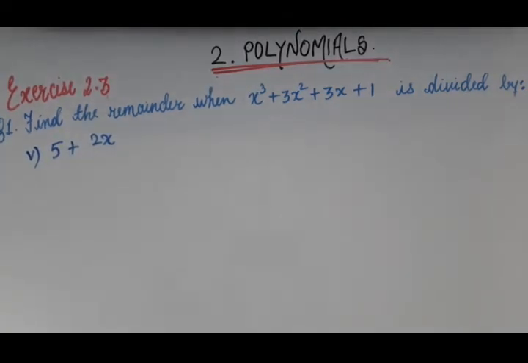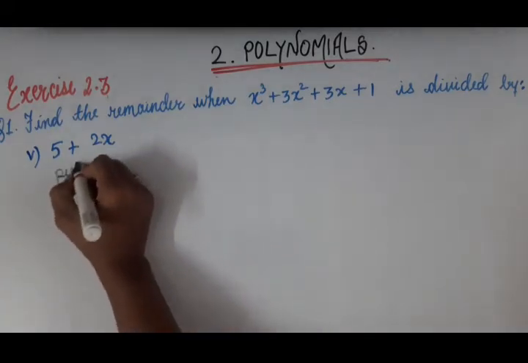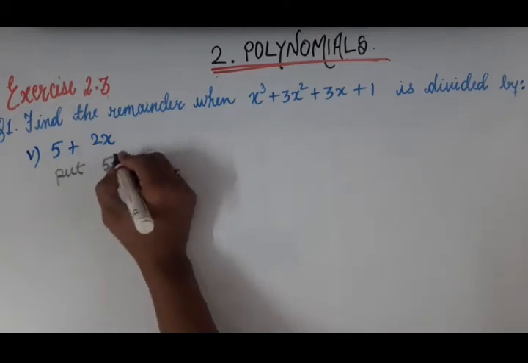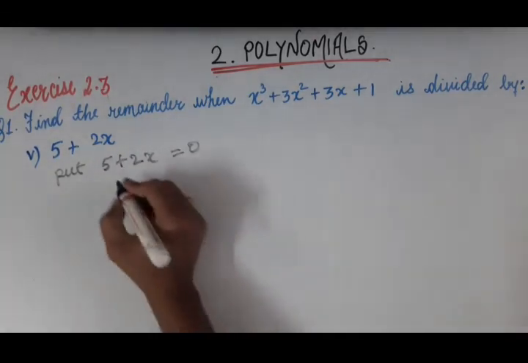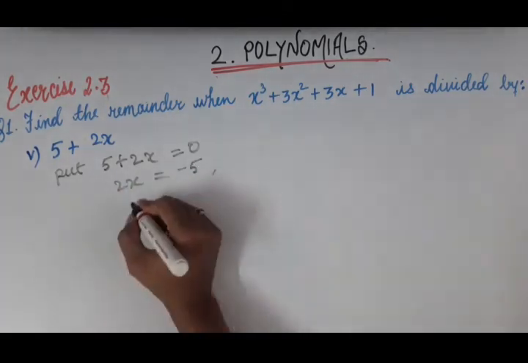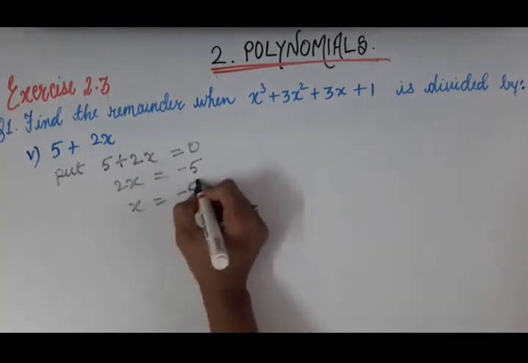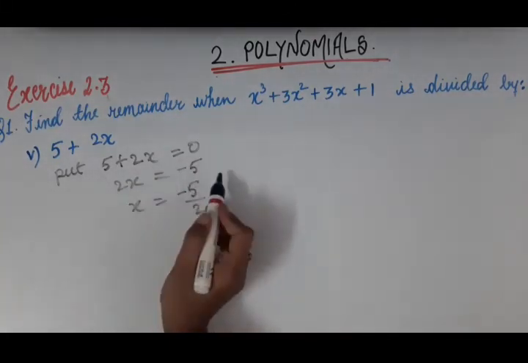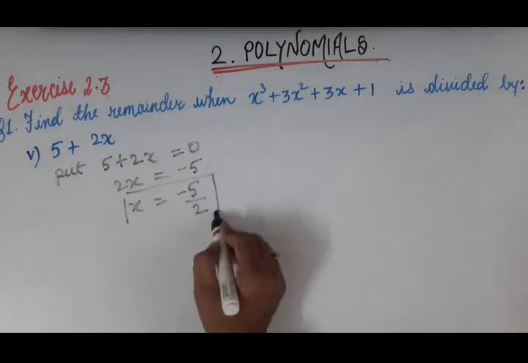Okay, so the next question is the last bit of this question number 1. The divisor is 5 plus 2x. Now let us do it with both methods, long division as well as remainder theorem. So first we will do it with the remainder theorem, and then we will solve it with long division. Okay, so to do it with the remainder theorem, we have to put the divisor 5 plus 2x equal to 0 to find its zero. So 2x equal to this plus 5, after going that side it will be minus 5, and then x will be equal to minus 5 upon 2. This 2 is in multiplication, after going that side it will be in division. So you got the zero as minus 5 by 2.